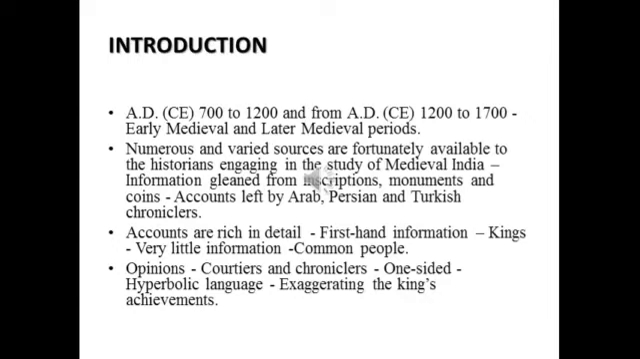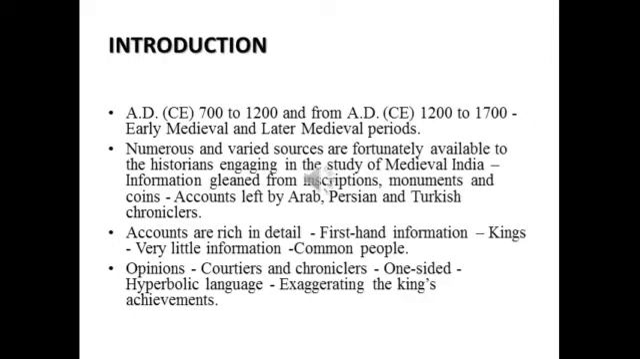So courtiers means those who are in the king's court, and the chroniclers. Chroniclers, I already told. The travelers were often one-sided, and they wrote in hyperbolic language, in their own language, so sometimes it was very difficult to understand because it was written nearly 1,000 years before. They mostly told about the achievements of the king only, and that's why they say it was one-sided. But from these sources we can analyze the type of government and the type of situation that existed